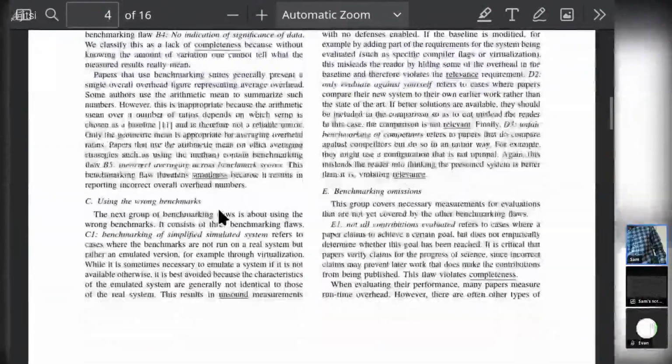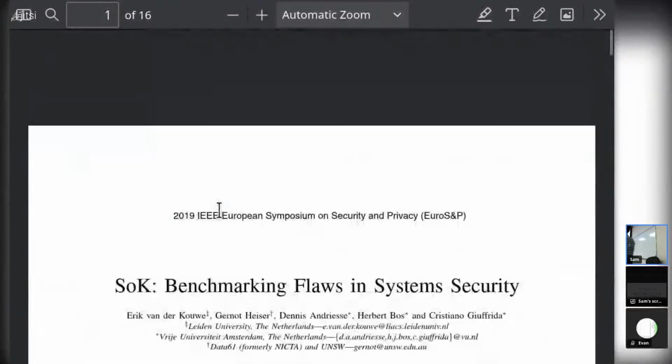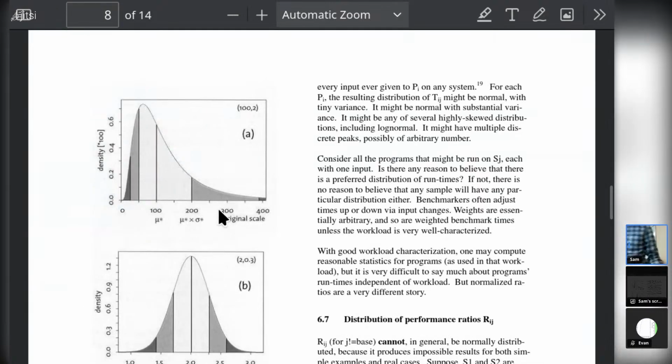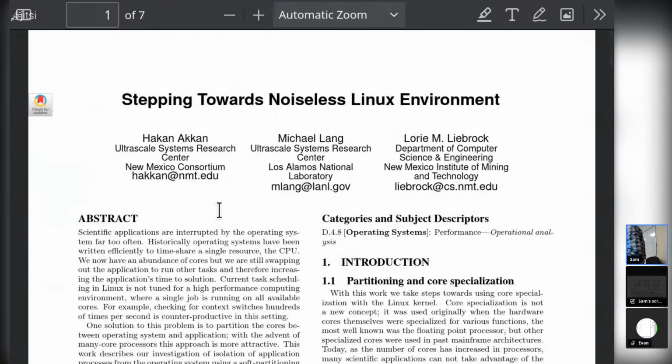The number one flaw is not putting an error metric, like no uncertainty. Like the speedup is 12.52%. I'm not telling you the uncertainty. Is it exactly 12.25%? Is it plus or minus a little bit? I don't know. So that's a big problem. And in this case, I promised a little bit of calculus. So